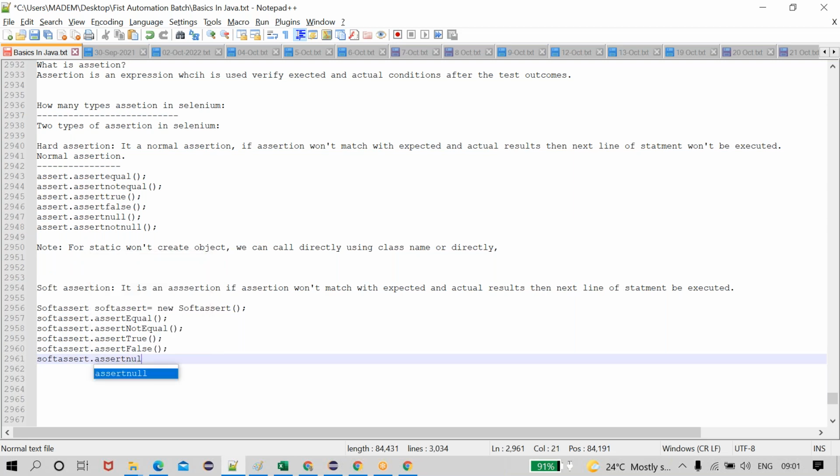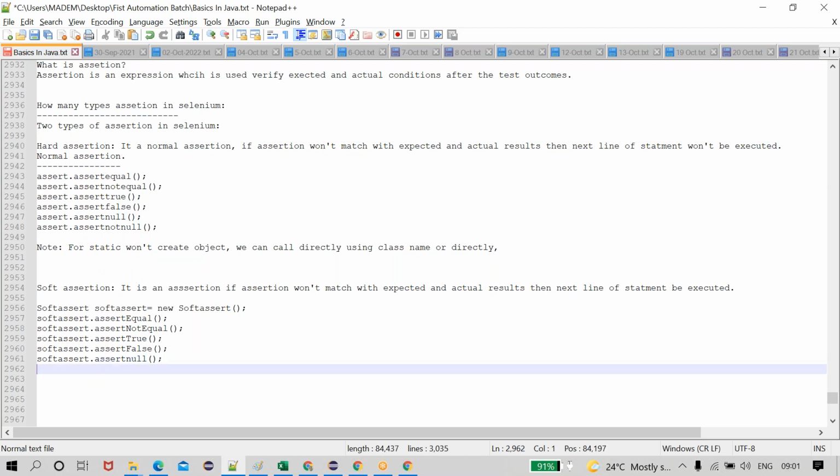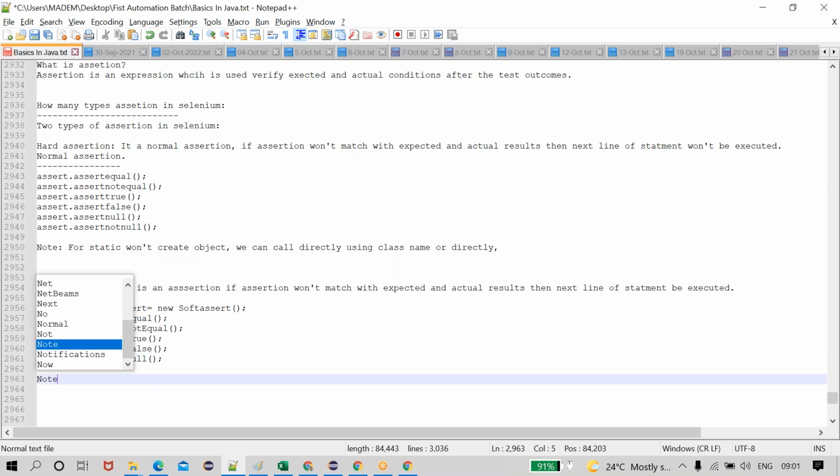The same methods can be used here also. But the last statement should be, make a note of it, very important.